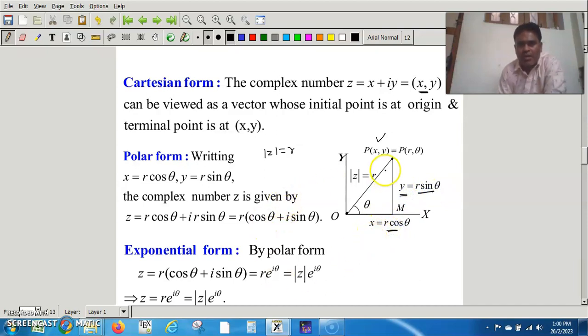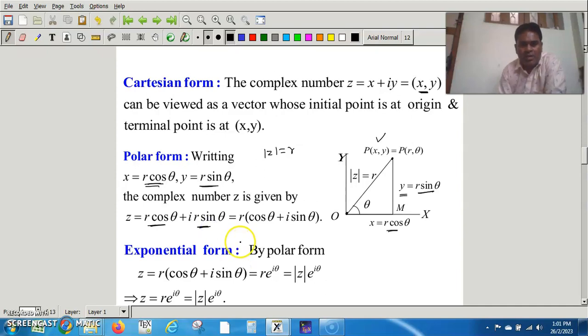So for a given complex number z equal to x plus iy, we can find the values of x and y as projected values of r. So x equals r cos theta and y equals r sin theta. This is the polar form. If we replace the values of x and y in z equal to x plus iy, we get z equal to r cos theta